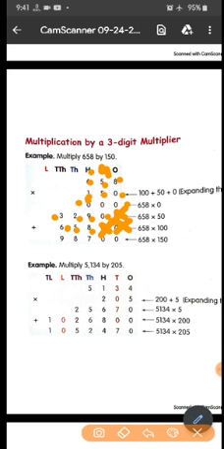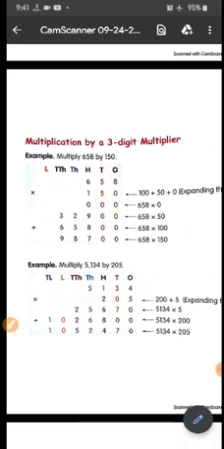Now we will add all the numbers, and by adding these all, we will get 98,700 as the answer, or the product of